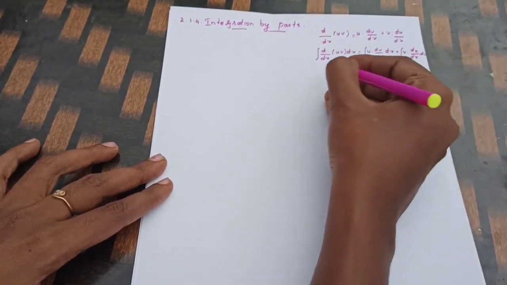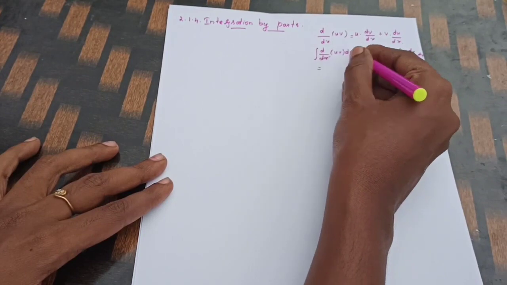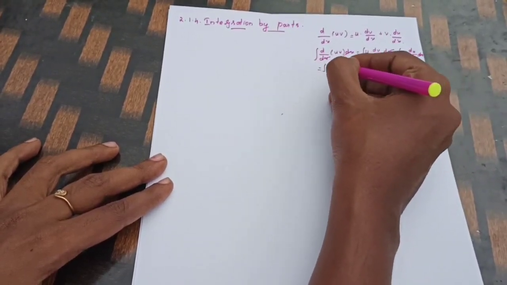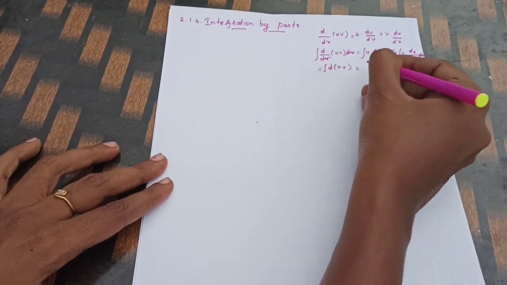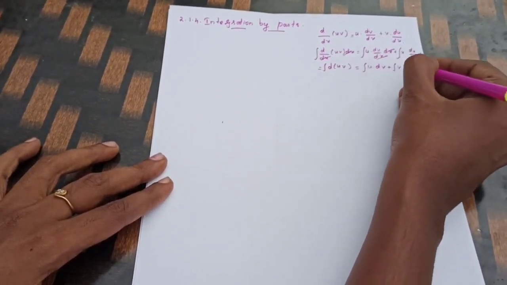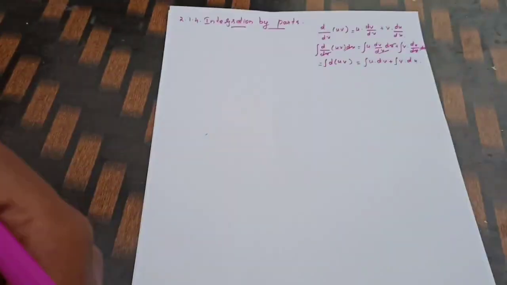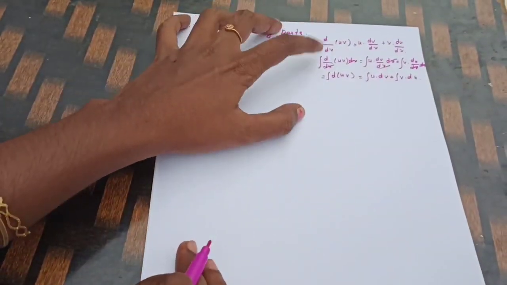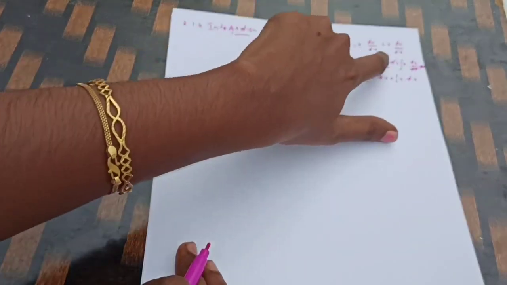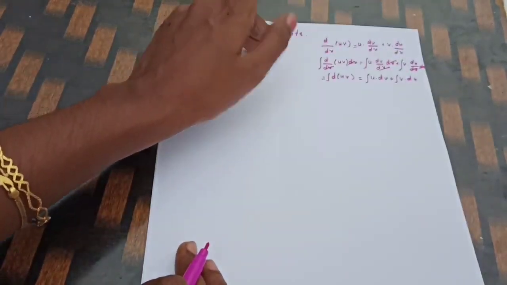Am I right? So what will happen? We will get this term, this term, everything cancels. So what's the balance? We will get d of uv is equal to integral of u dv plus integral of v du. Correct? Everything you have learned last year, so this integration is new. Now what I did, I wrote the differentiation of two functions, last year's formula, and